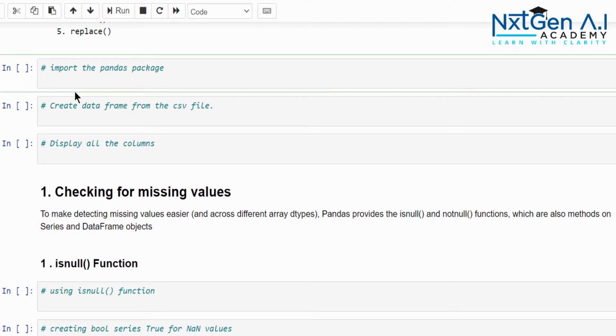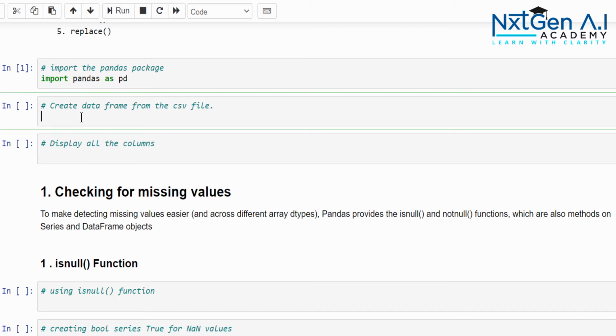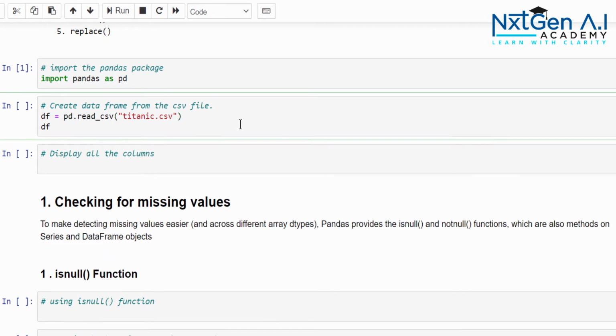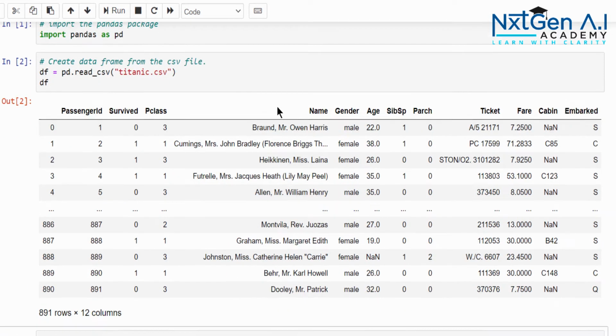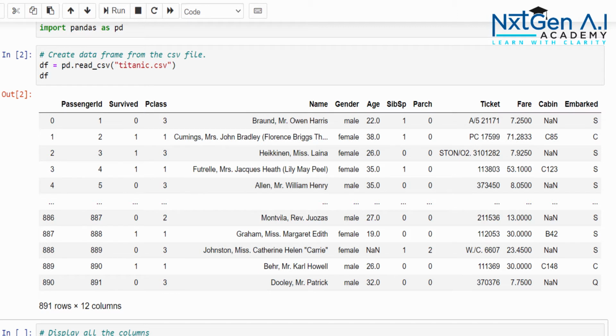As usual, first step, let's import pandas as pd. Then we will create the data frame, df, equal to pd.read_csv and give the file name. So the data frame is created. When you see this data frame, these are all the column names or parameters.